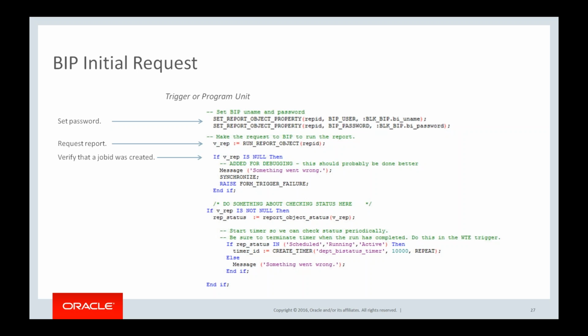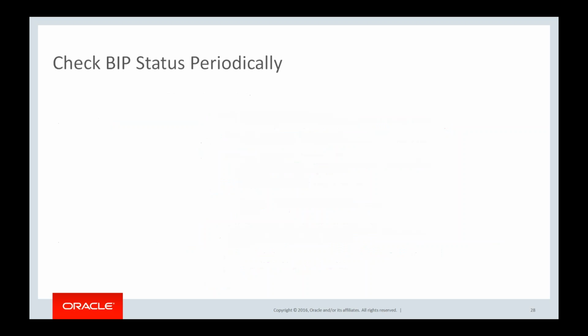Upon requesting the report, we'll get back a job ID and or a status. We want to make sure that that actually took place and we didn't get some crazy null value back or whatever. If it did, then obviously something went wrong. We want to take that status and then start to prepare to do something with it. In this case, we're going to check to make sure that the report, as far as BI Publisher is concerned, is in a scheduled, running or active state, meaning it's busy, it received the request, and it's doing something with it. In this particular example, just for the sake of demonstration,